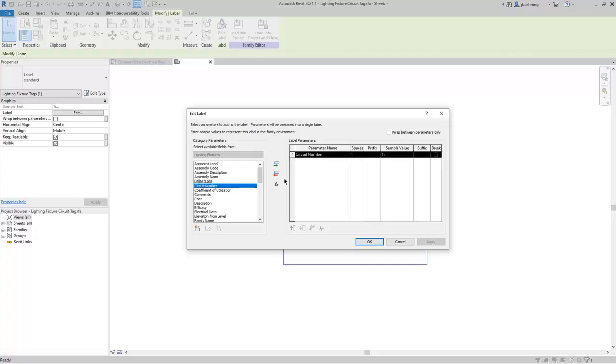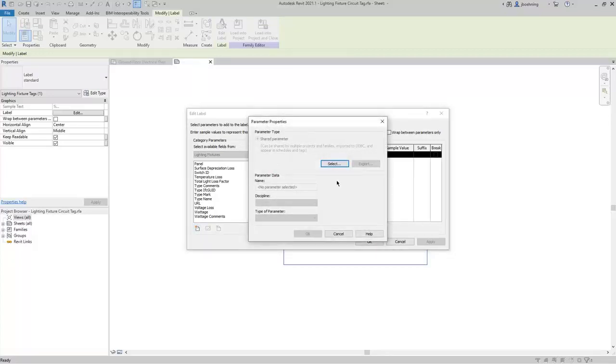If you want to add additional parameters, you can select them in the list of category parameters. If the parameter you want to use is not available, you can click Add Parameter, and then select the shared parameter to add. Be aware that only shared parameters can be added to tag labels. I'll click Cancel,